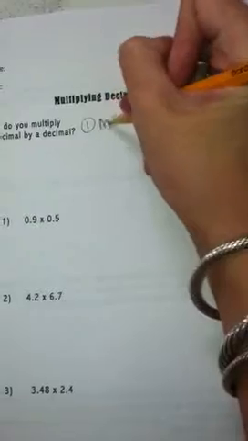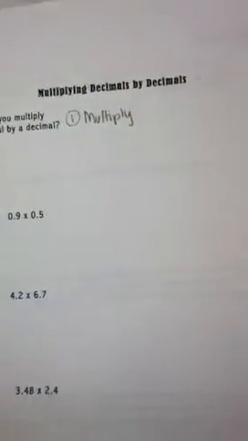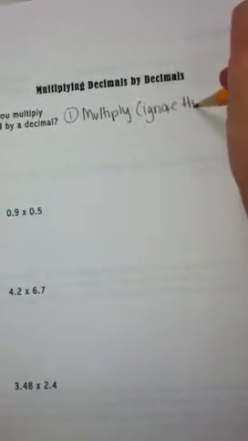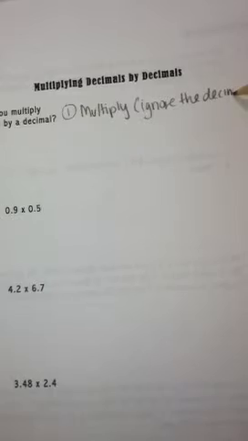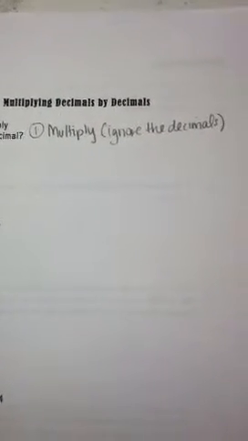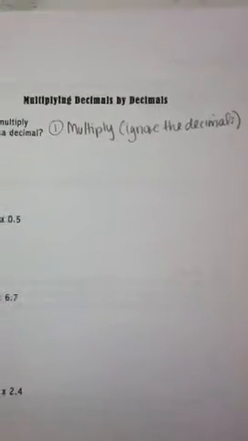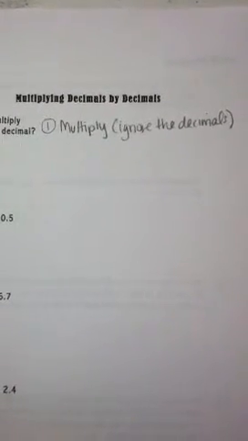Step number 1, you're going to go ahead and multiply just like you normally would. Again, you are going to ignore the decimals. When you're working out a problem with decimals, when you're multiplying them, you just pretend like they're not even there until the very last step. Okay, so once you've multiplied your problem the entire way, the second and last step